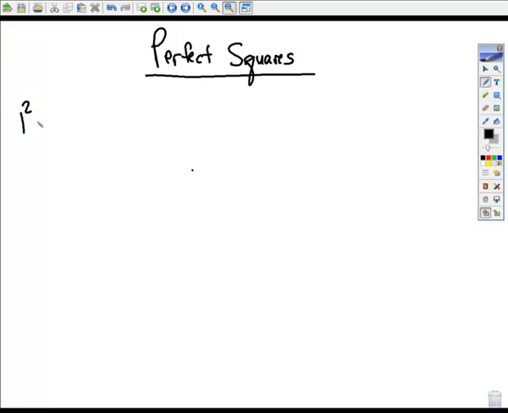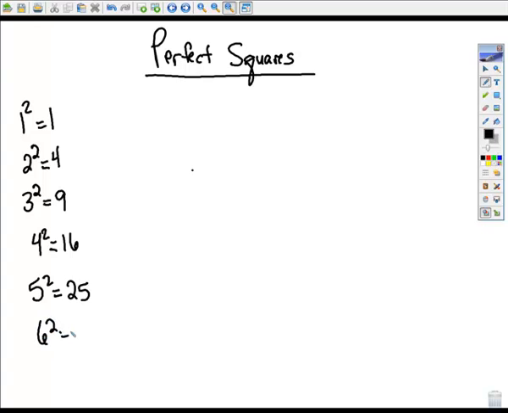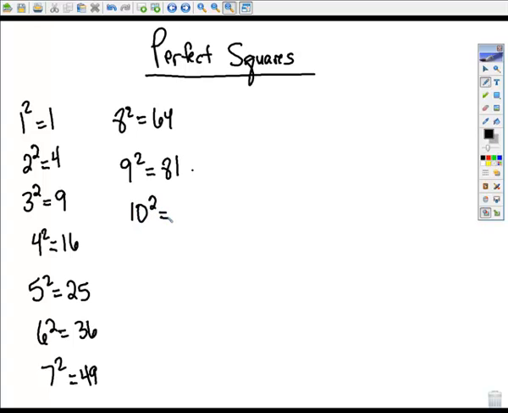It's very important. So I know that 1 squared is 1, 2 squared is 4, 3 squared is 9, 4 squared is 16, 5 squared is 25, 6 squared is 36, 7 squared is 49, 8 squared is 64, 9 squared is 81, 10 squared is 100, 11 squared is 121, 12 squared is 144, 13 squared is 169,